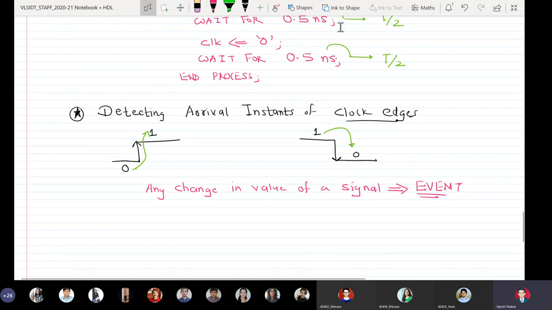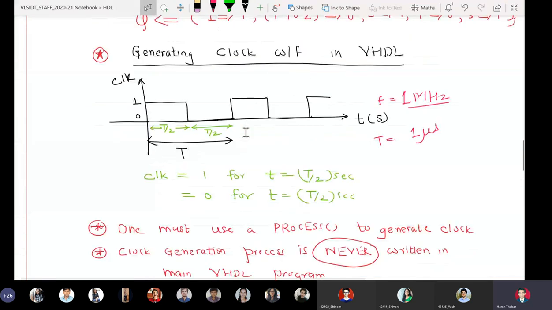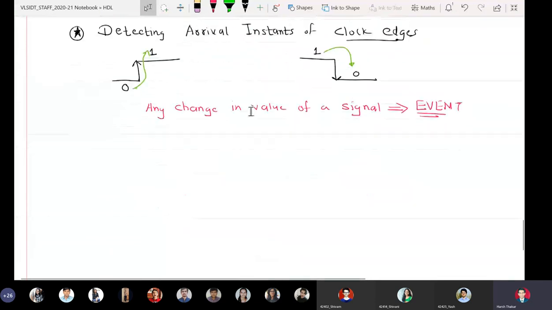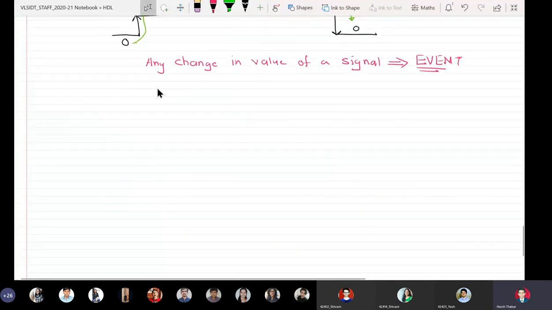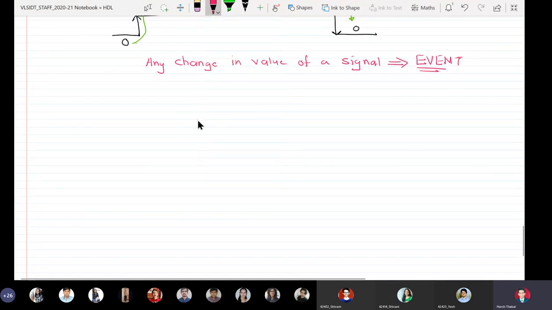falling edge. So if suppose I want to detect the rising and falling edges of this particular clock signal, which has the name CLK, what I do is this. For detecting a rising edge there are two ways.